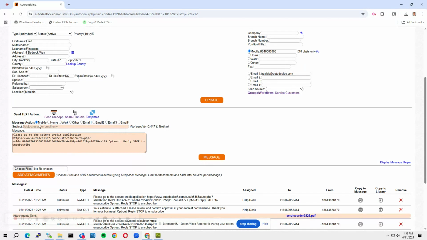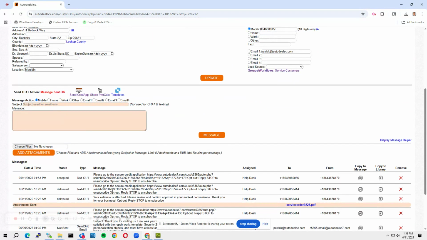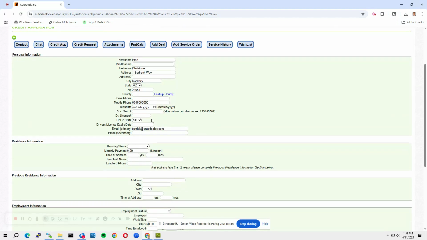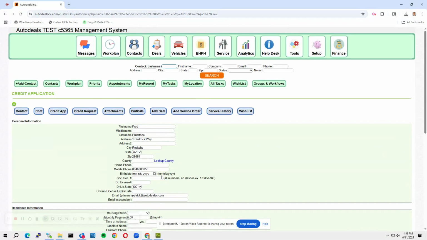Let's say we're going to text it to this mobile number, and I just click message. Now that message has gone out. I've sent a link to the customer, and I actually use my number in this case just so you could hear the text message. Now the customer can fill out this information from their phone or from email, save it,